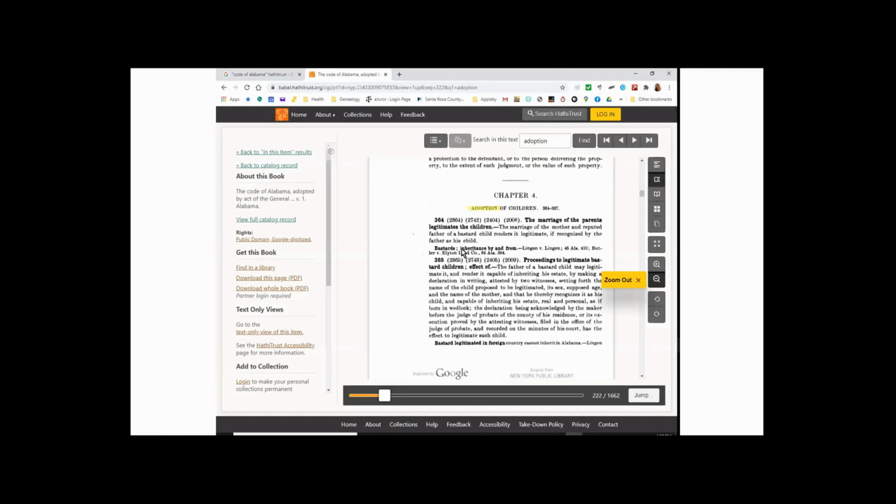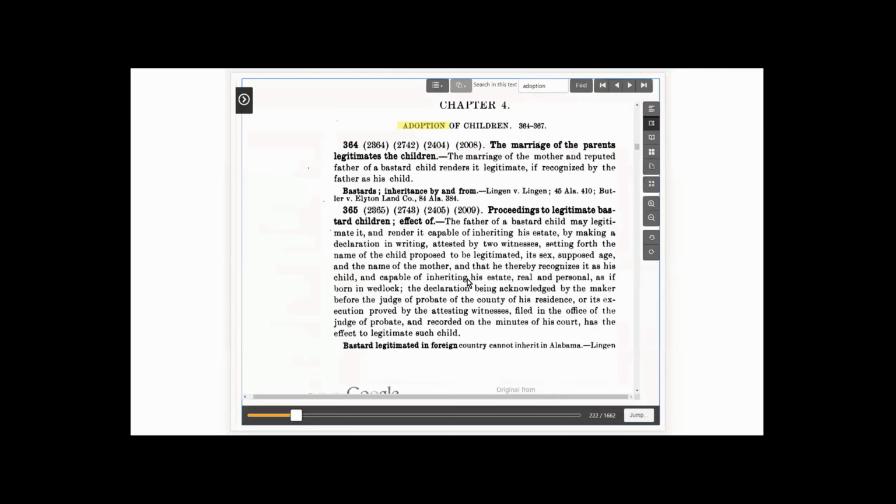We have bastards, inheritance by and from. We have proceedings to legitimate bastard children effective. This is where the father of a bastard child may legitimate it. We go on to the next page, and it's getting at the topic that's of interest to Tina. The proceedings to legitimate bastard children effective, and it says the father of a bastard child may legitimate it